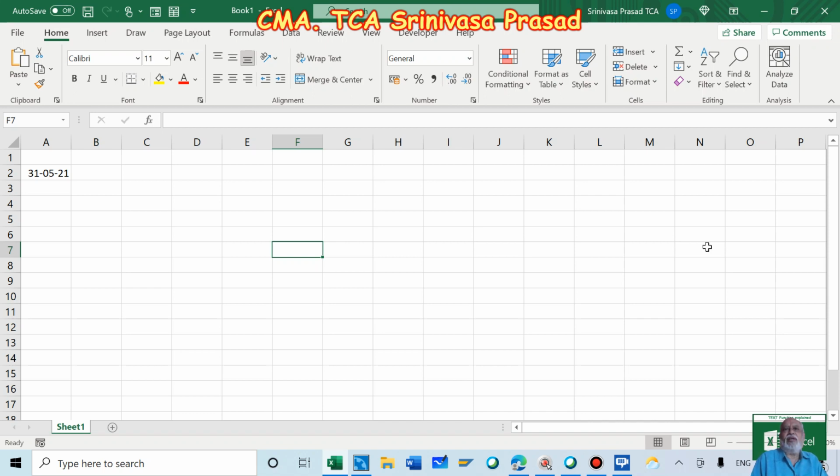All of you know Excel has lots and lots of functions and formulae. We have been using many of them, but this one particular function, the TEXT function, has a lot of things to do. One of the advantages we'll be discussing today is using the TEXT function and making it give you different outputs from a particular date.